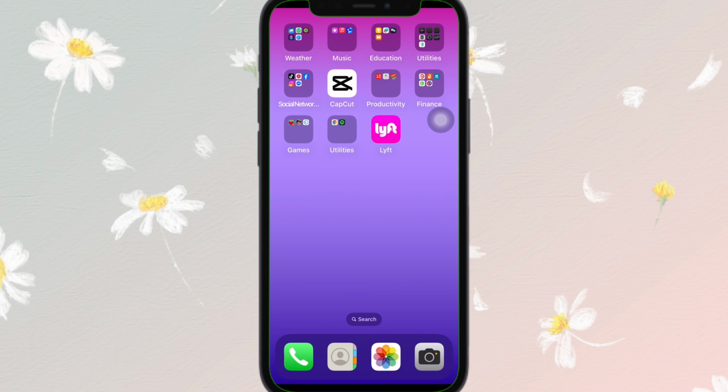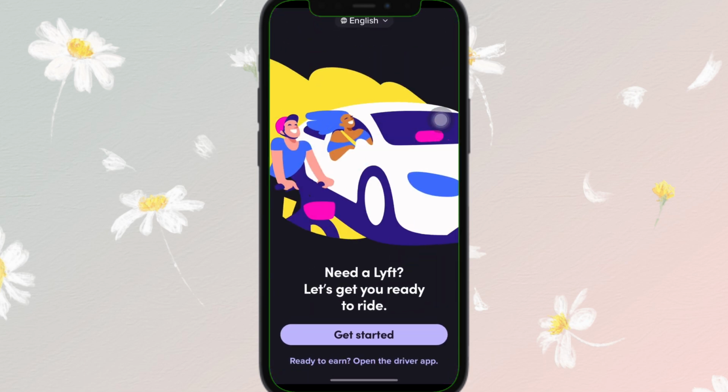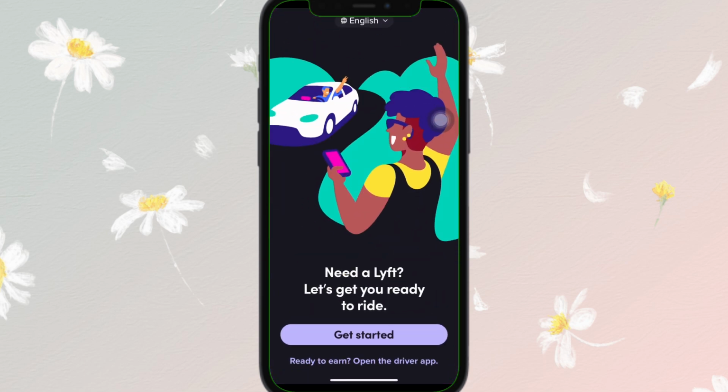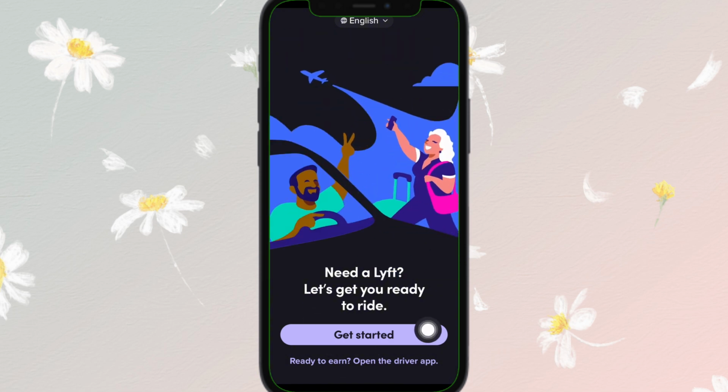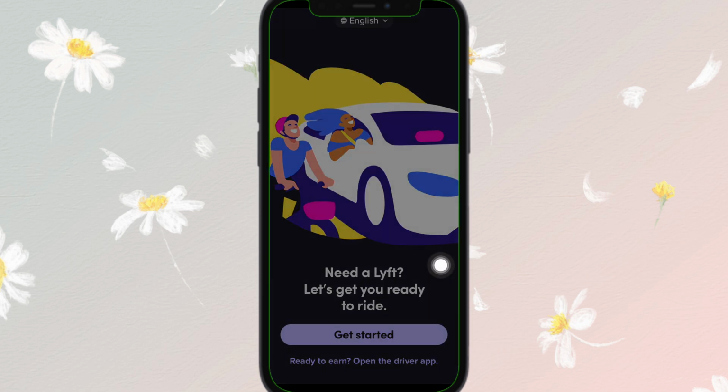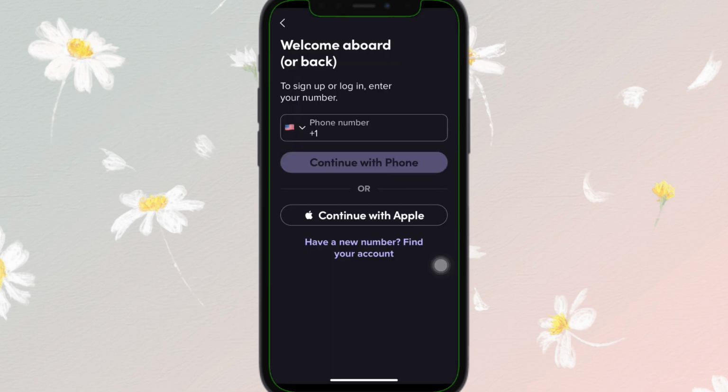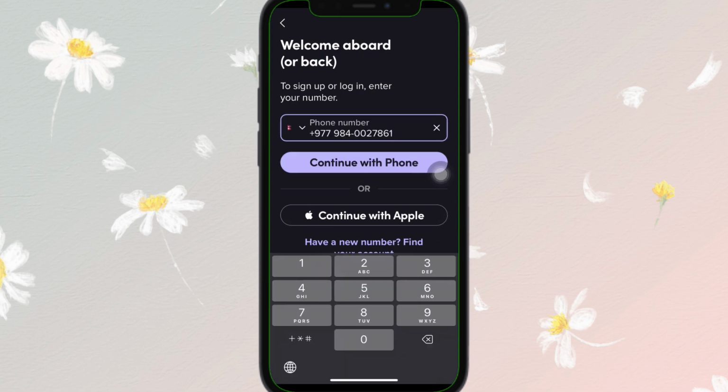First of all, open the application, just like this. After opening it, you will find something like this. Now tap on Get Started right here. Now to create an account, you can simply sign up using your phone number right here, or you can simply continue with Apple. Tap on Continue with phone,